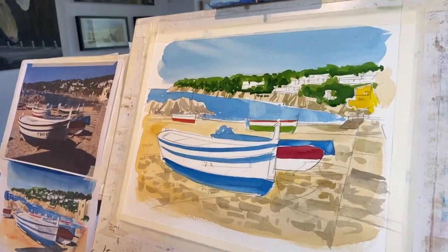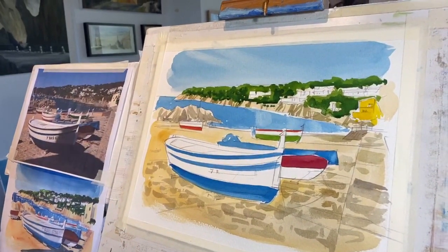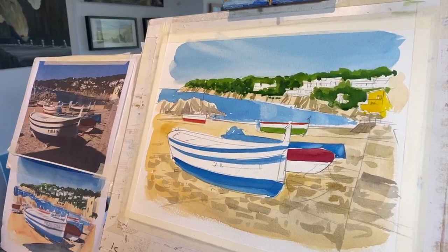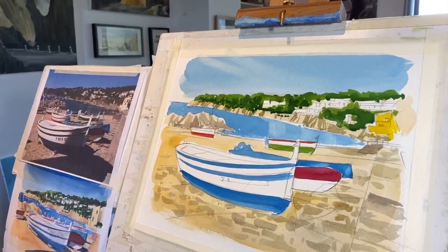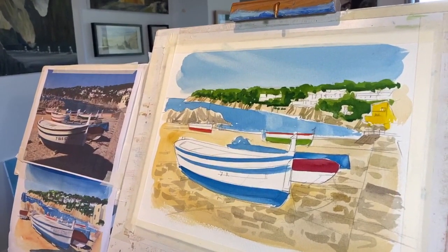Now, I think we can't go far without some big shadow colour. So I'm going to get a big brush. Is this the moment of reckoning? It is. Like I said, we could suddenly...